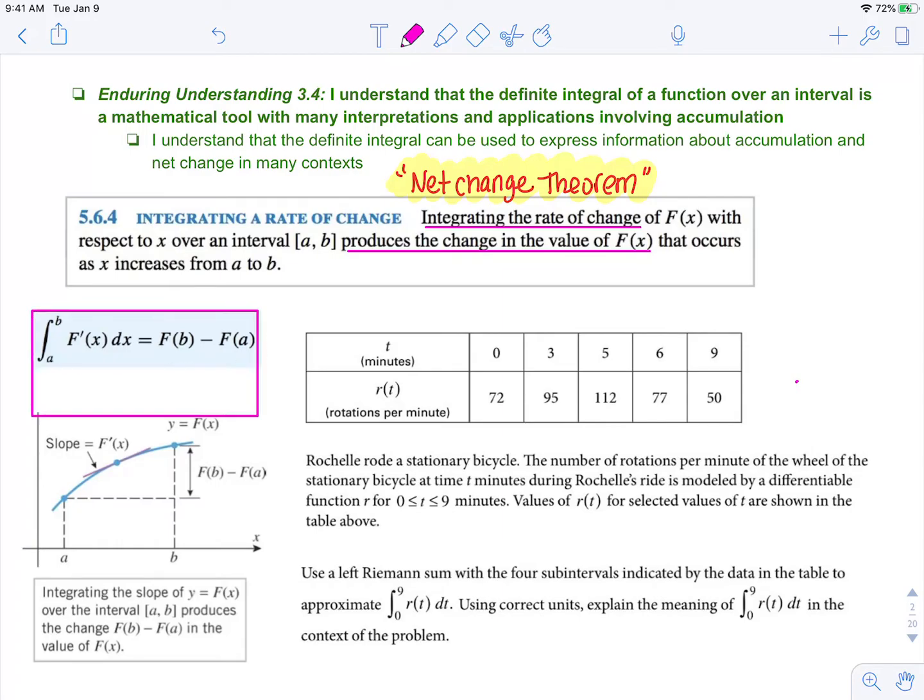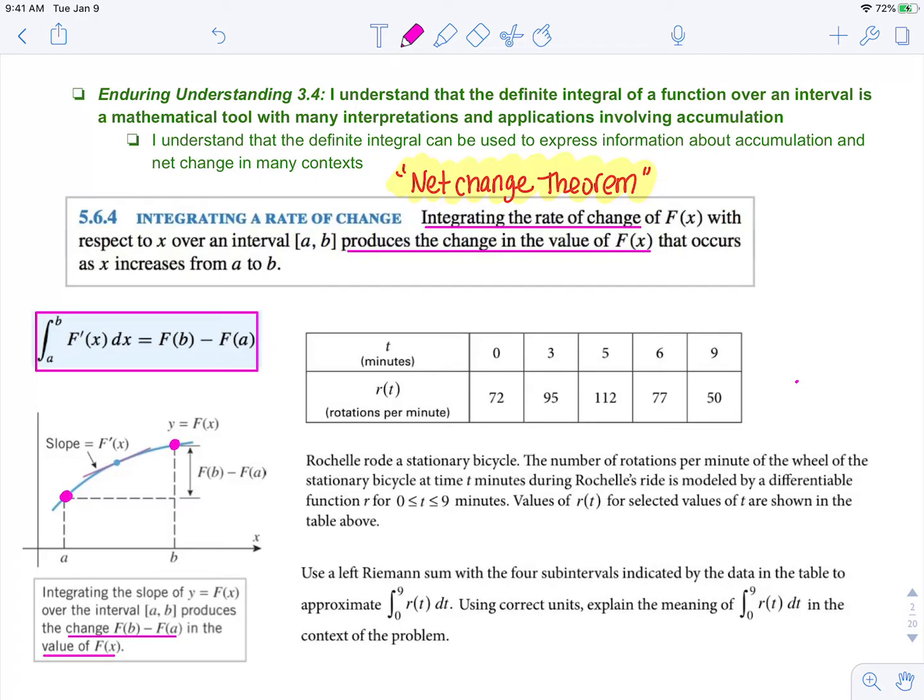Here we're integrating the rate of change of f. Remember, that rate of change is just the derivative. If we integrate that derivative, ultimately what we'll find is the difference between this f value and this f value. And this is the change in f